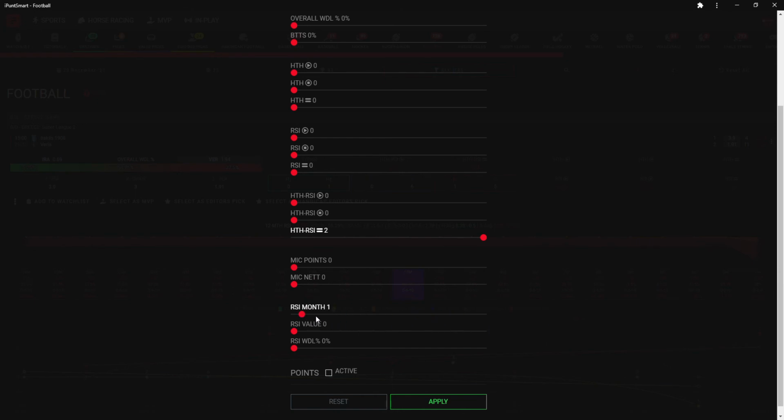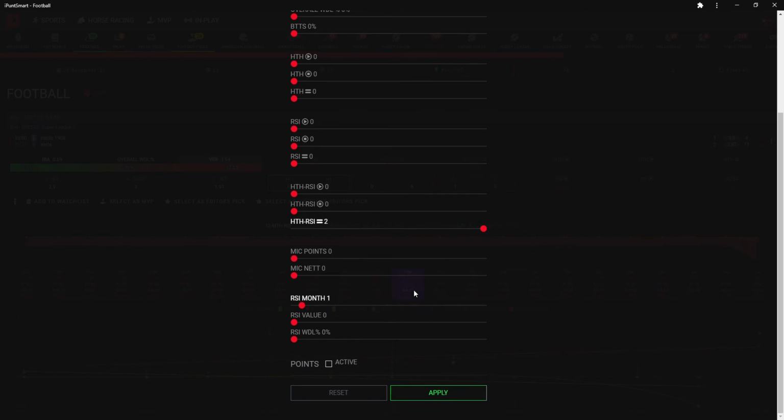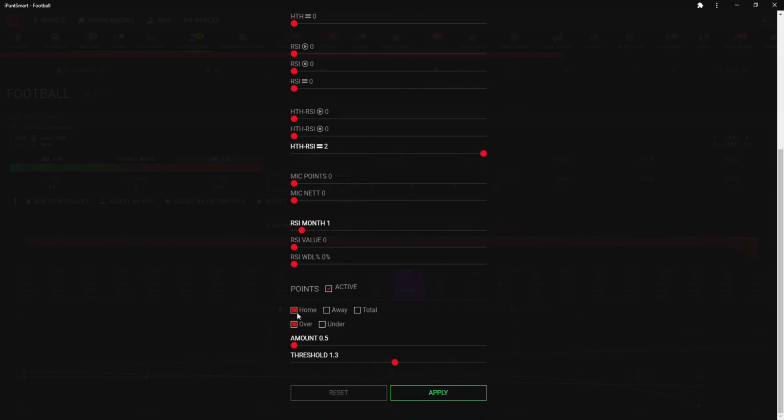So I would advise look at this 1 month, 2 month, 3 months, because that's where your most recent values come from. On top of that, if you look into your total points category, then you can activate your points here, and you can look for your filters for total points for home, total goals for home, total goals for away, or in total, being over or under. So that means if you're only looking at home, then it looks at only the home being over or under. If you're looking at away, over or under, or you can look at it in total, over a specific, say if you want to bet on only the